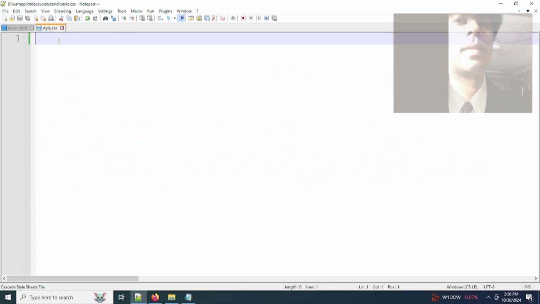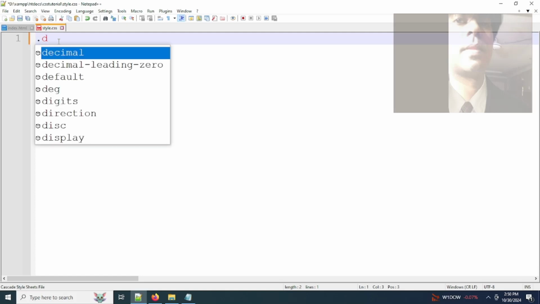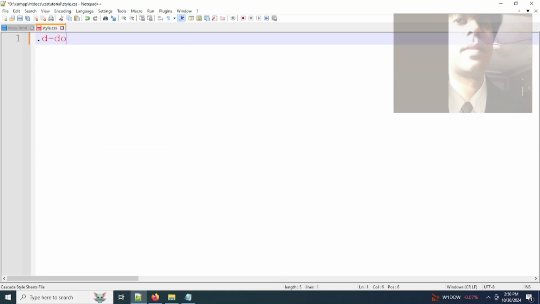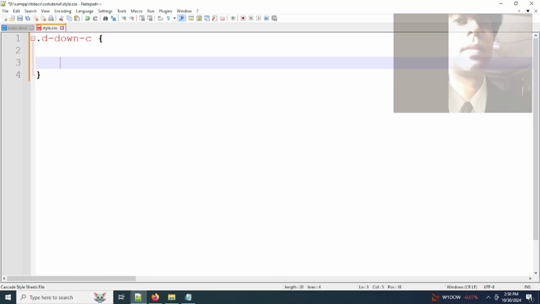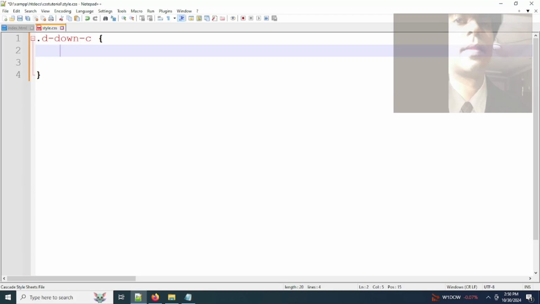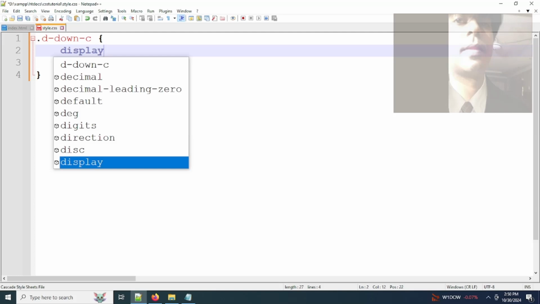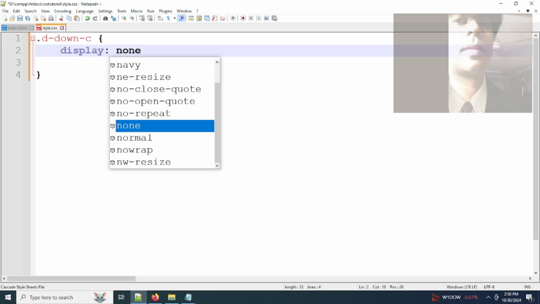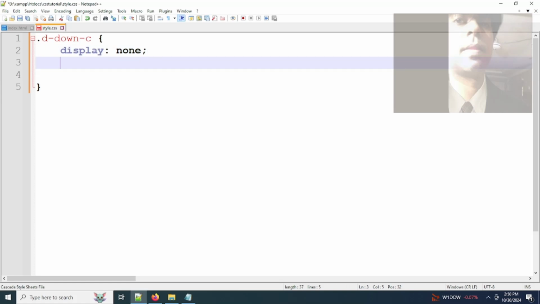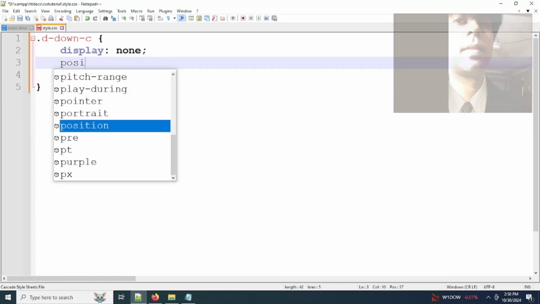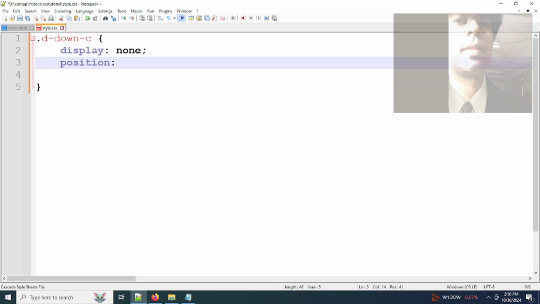We will use a class selector, drop-down in short form d hyphen down, and drop-down-content in short form c. Open curly braces and close curly braces. In between curly braces we will use CSS property and value: display colon none semicolon, and use position colon absolute semicolon,